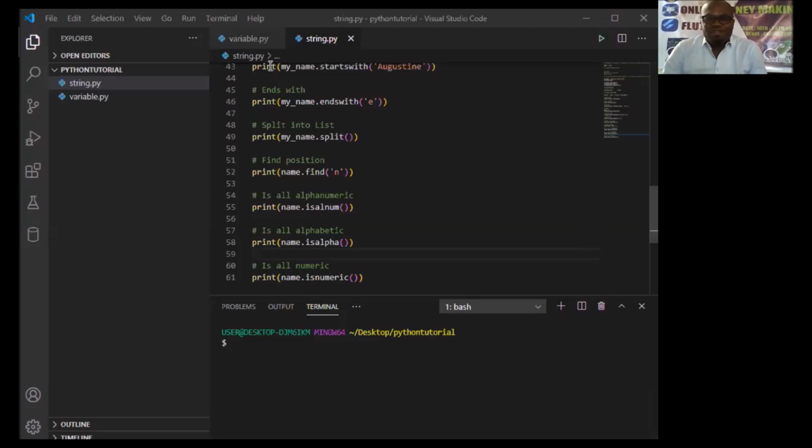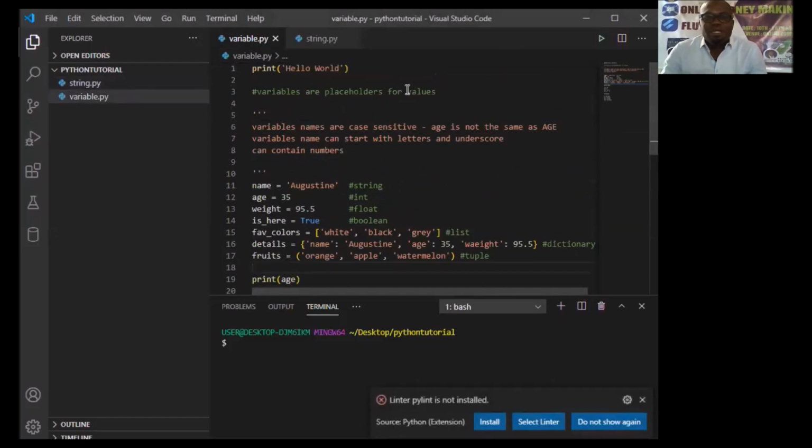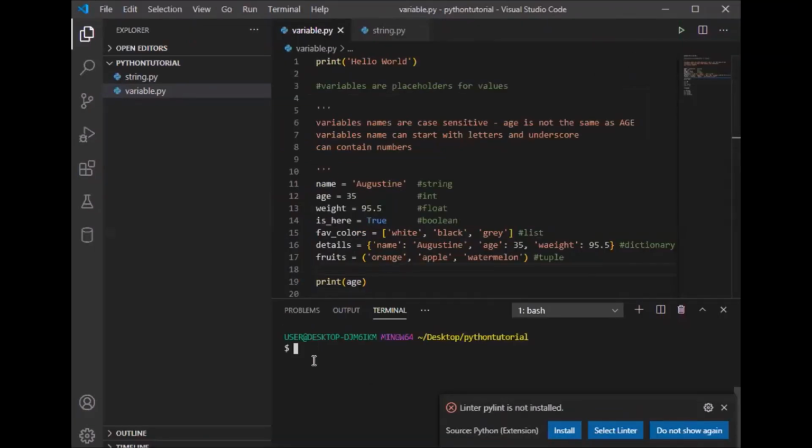In case you did not join us yesterday, we introduced Python as a high-level programming language, and we looked at variables. So you can see here, this is variables. We wrote our first program in Python, and that program is print hello world. Inside our console, we say to run any file. Say we want to run this file, variable.py, so that we can see what this print hello world is about. We'll simply say